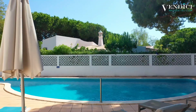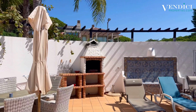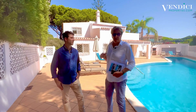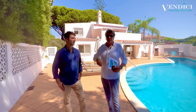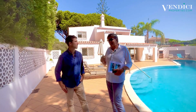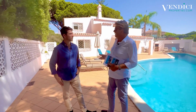We've obviously got a really good sized pool at the moment, alfresco dining that side, decent amount of space out here. We'd like to talk a little bit more about the potential of the property. We discussed earlier, James and I, the soft option as it were: for a small amount of money, the bathrooms, the flooring, the soft renovation option. Obviously, clearly, there's the other option that you and I were talking about earlier, James, which would mean more of an in-depth